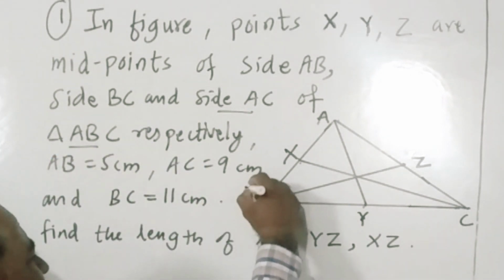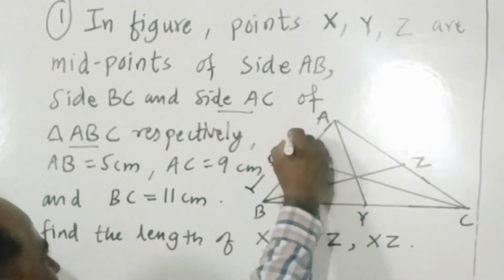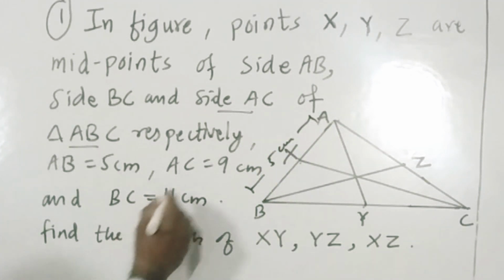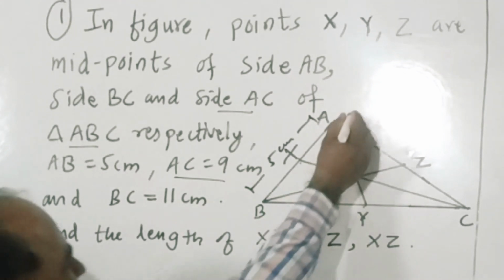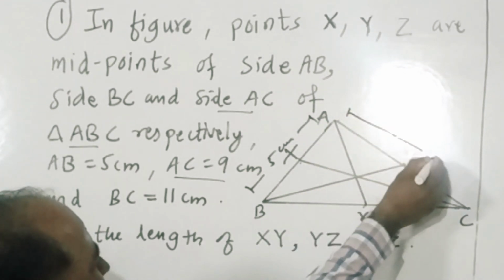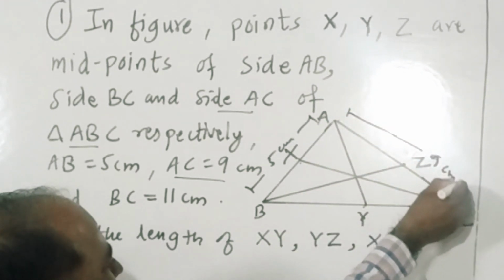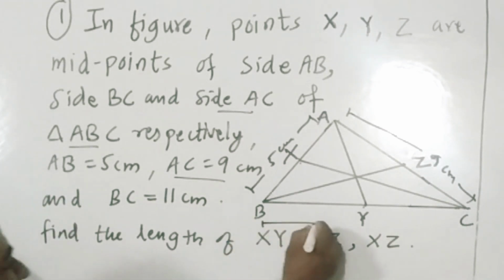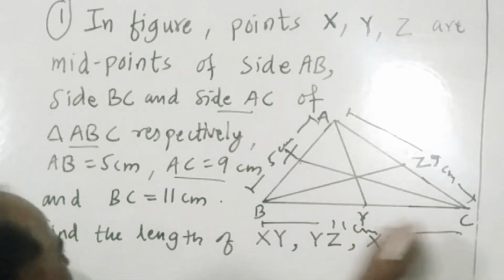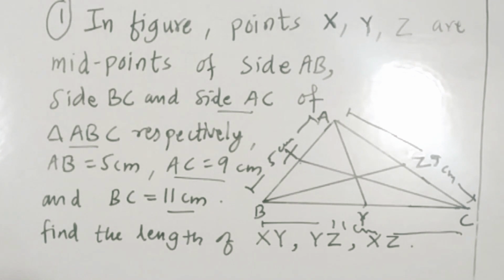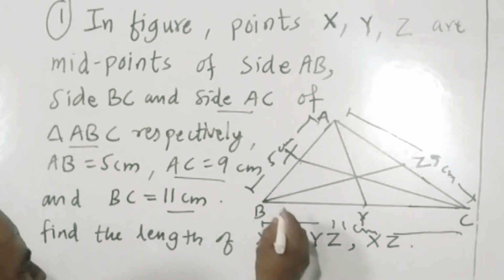If AB is equal to 5 cm, AC is 9 cm, and BC is 11 cm, find the length of side XY,